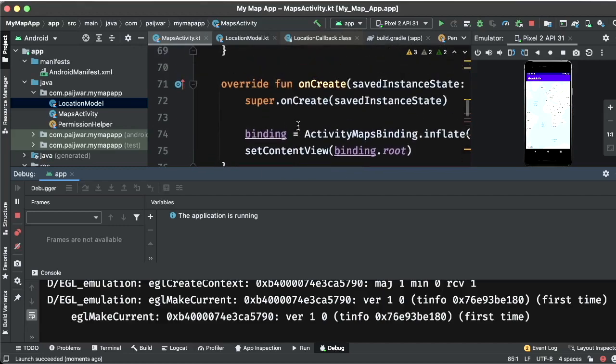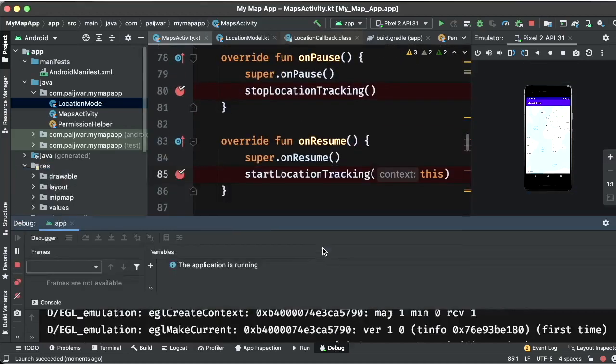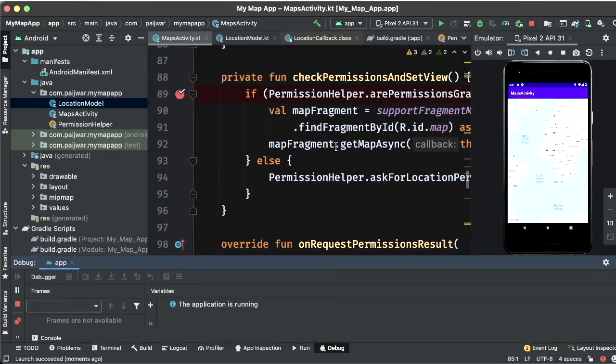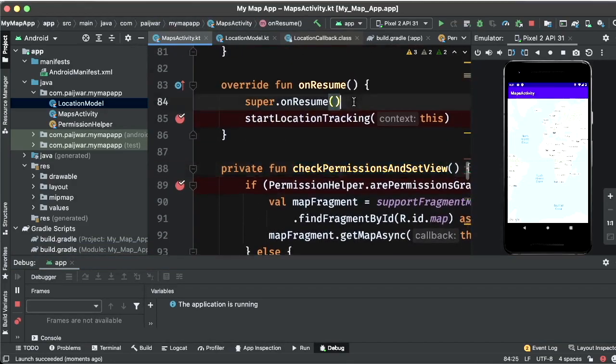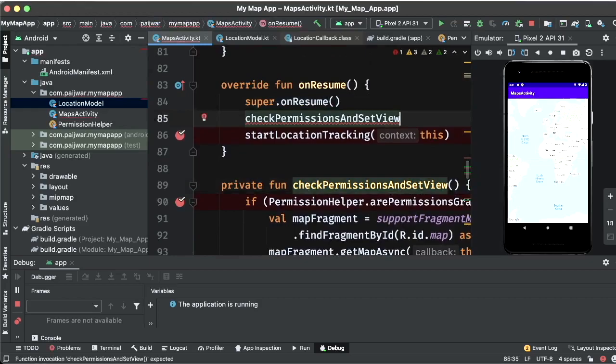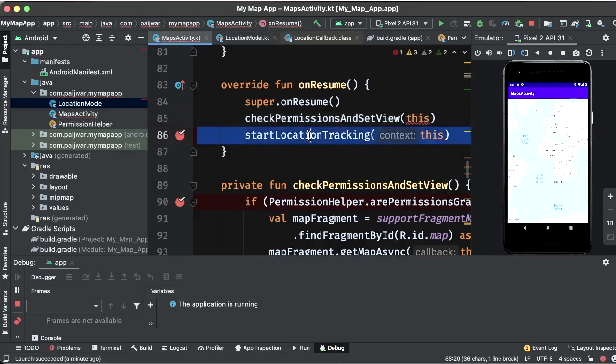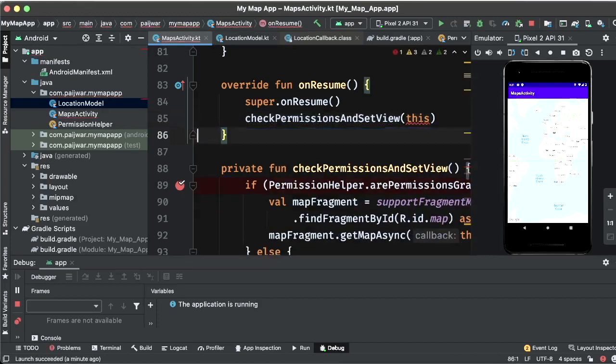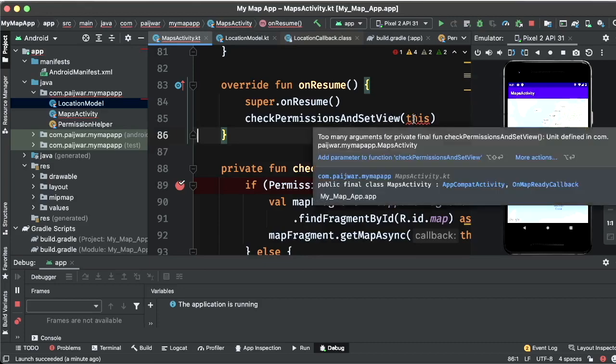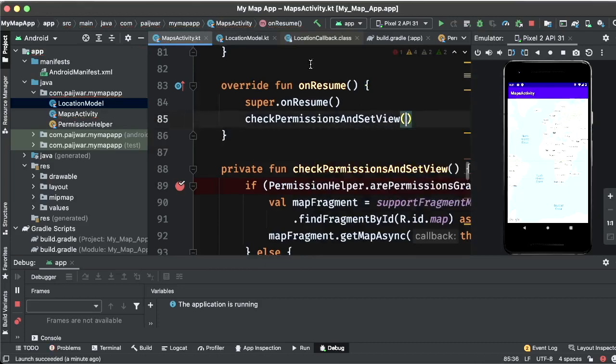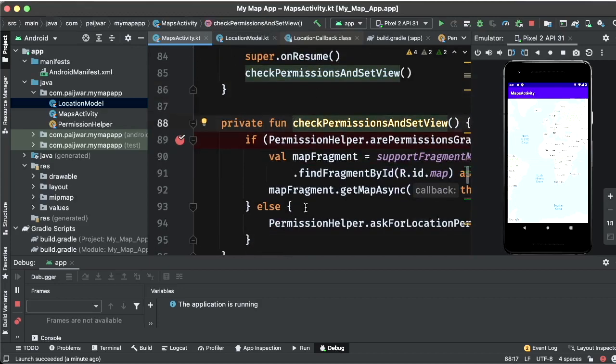So where is our problem? The problem is that we are not setting up this. This we should call in here. This is what we are not calling, and once that is available, we have all the permissions.